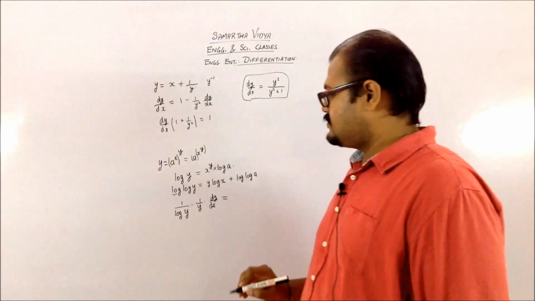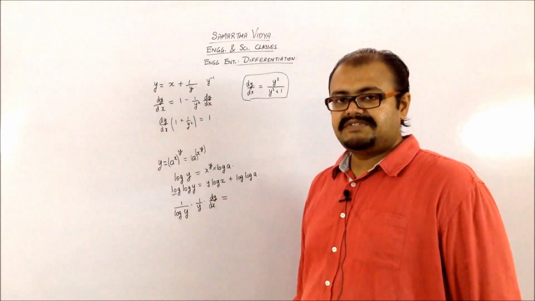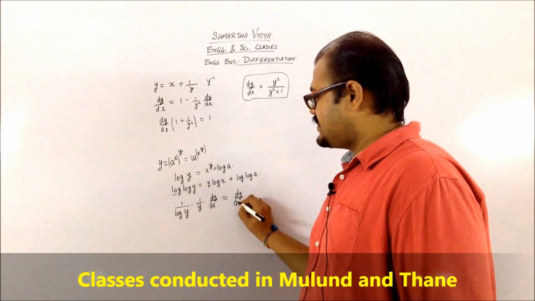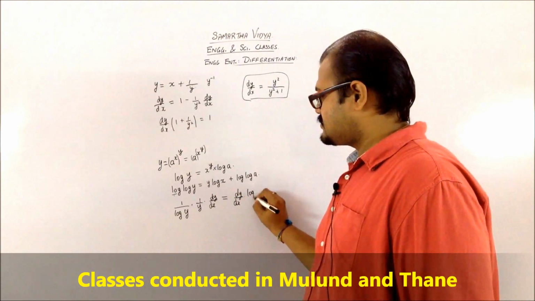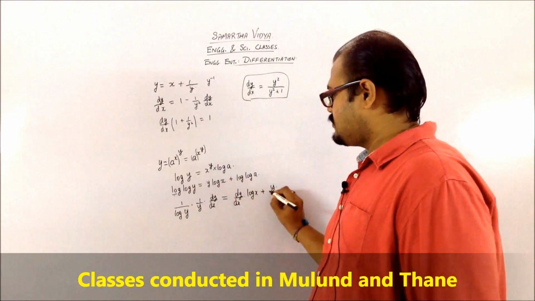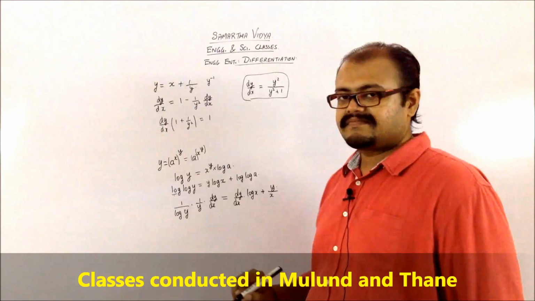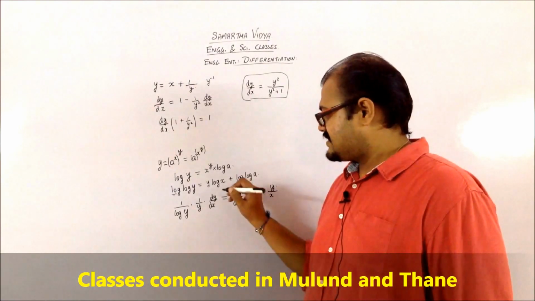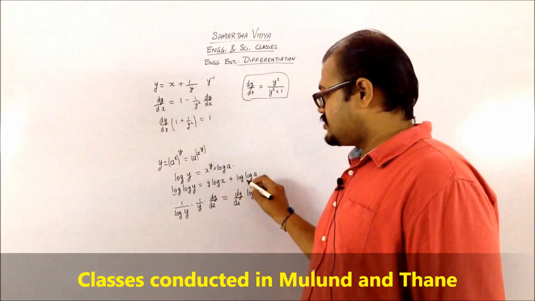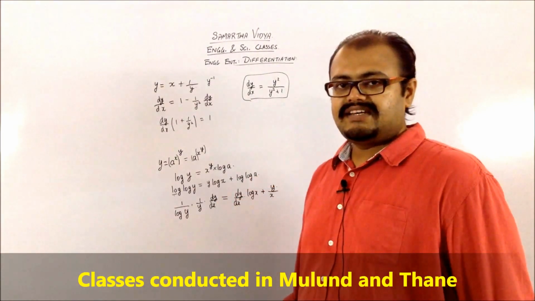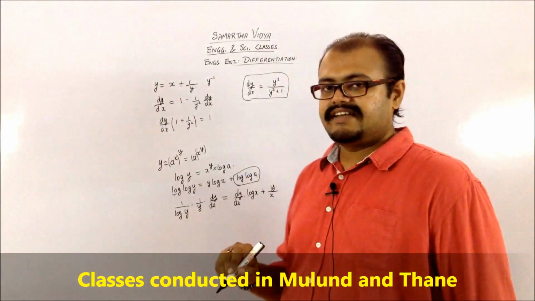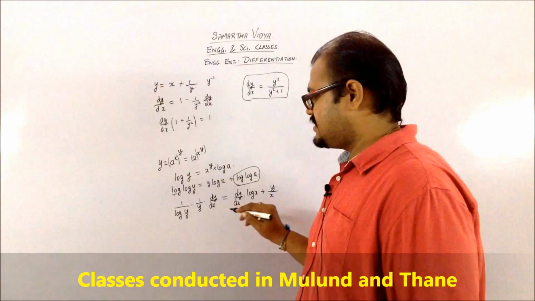This thing will be equal to y into log x, using the UV rule. So you will be having the derivative of y, which is dy by dx, into log x, plus y into the derivative of log x, which is 1 by x. Now the next term is nothing but a constant, because a is constant and log a is also a constant term. So this term will get a 0 value when you take the derivative.